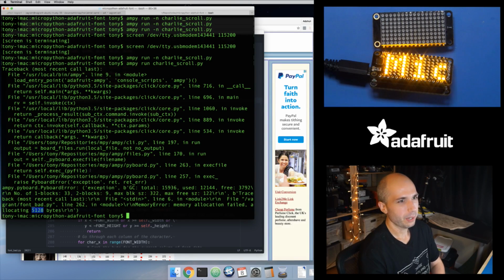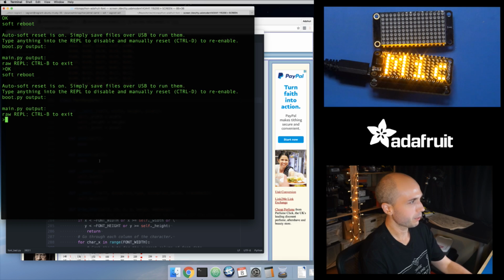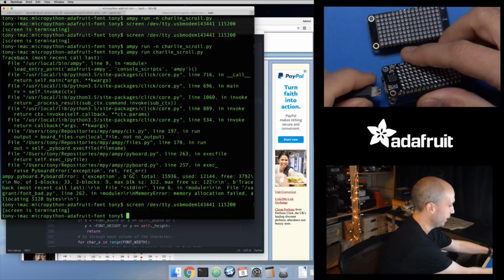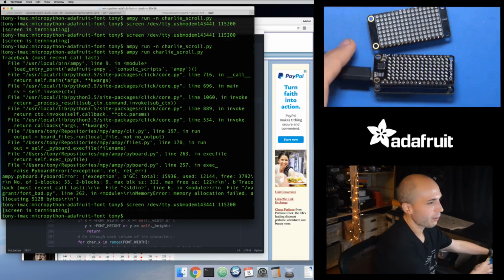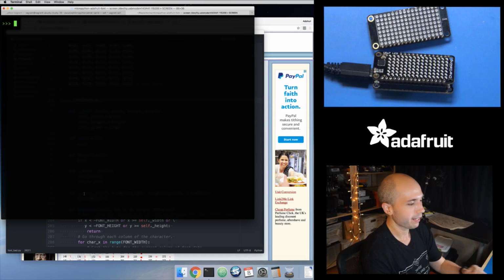But if you remember, after I imported font bad, so if I go back into the board here, and if I reset it, let's get out of the raw REPL, and then let's just unplug the board and plug it back in, because I want to show, you remember, it was trying to allocate 5,128 bytes. Remember that number. And then if I connect back to here, let's import MicroPython, and then import font bad. And if I call micropython.mem_info,